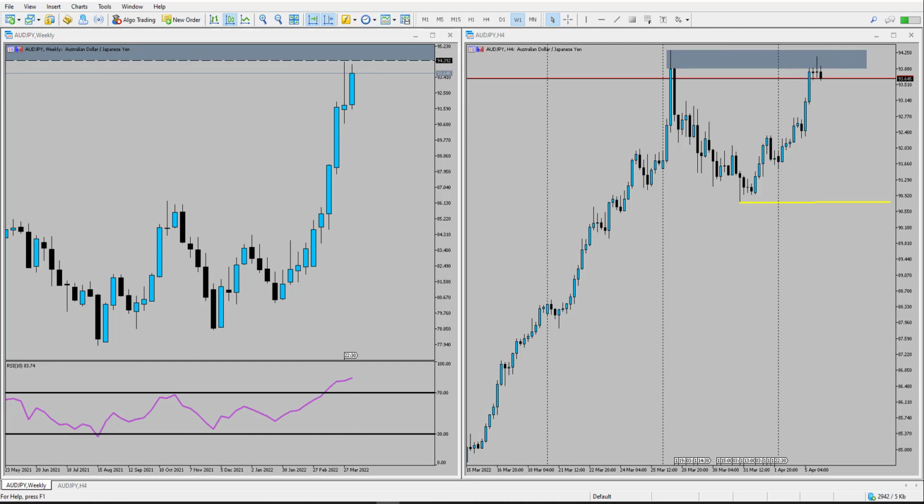a reversal. Now, on the weekly, we can see that we had quite a lot of selling coming into the market last week. We had a nice rejection with price closing back within the previous week's high, which is a usual sign that there might be a reversal potentially occurring somewhere. We're in an overbought condition as well on the RSI on the weekly. Again, if that starts to move down and press back through 70,